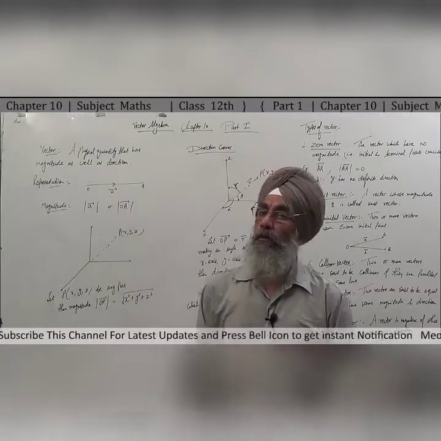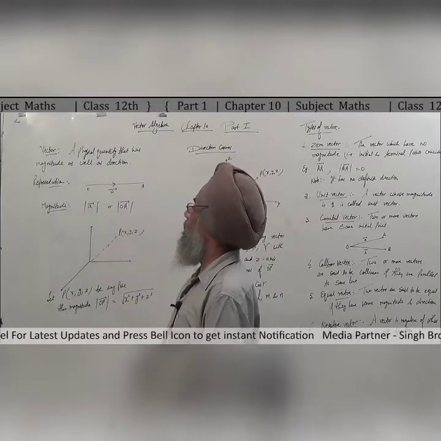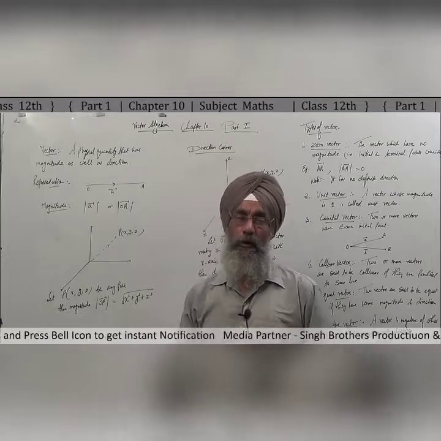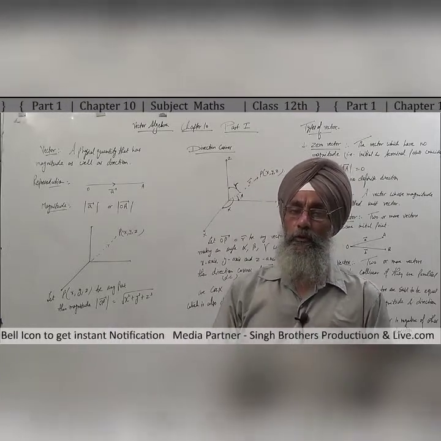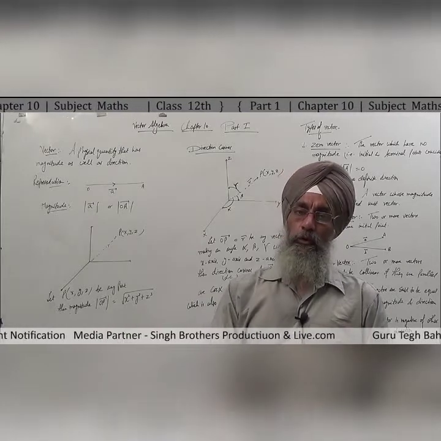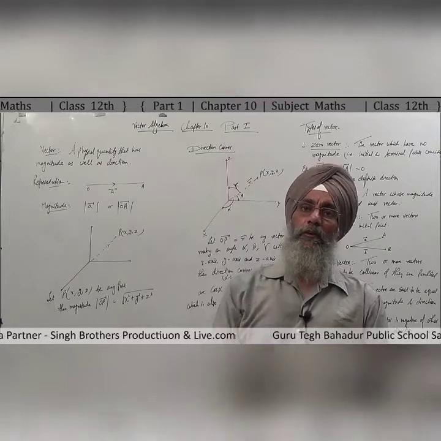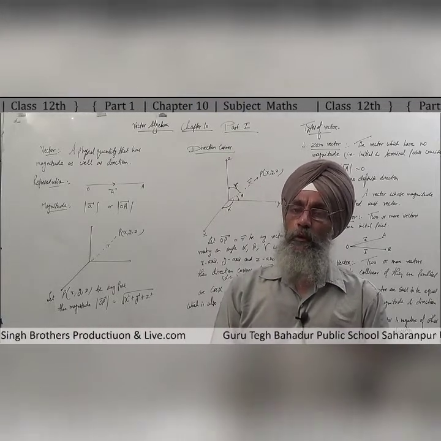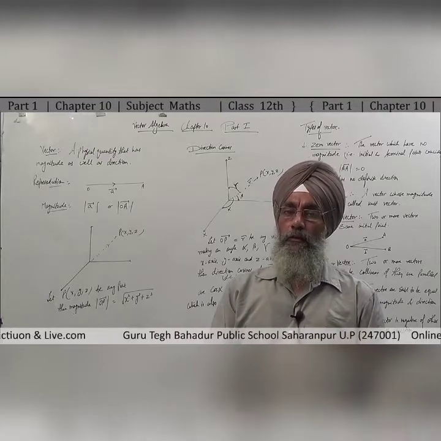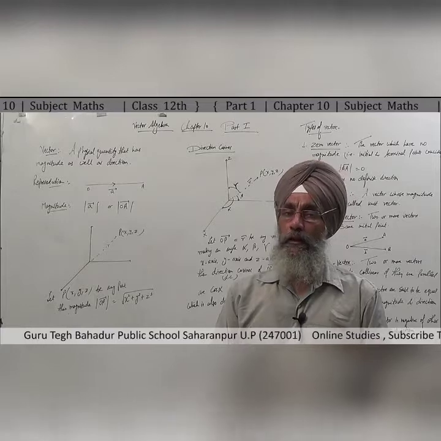What is a vector quantity? A vector quantity is a physical quantity that has magnitude as well as direction. इसका magnitude भी होता है और साथ साथ direction भी होता है. ठीक है. For example, to locate any location, we have to tell about the distance of that point and moreover the direction in which that point is lying. So both things are required, so that is known as a vector quantity.